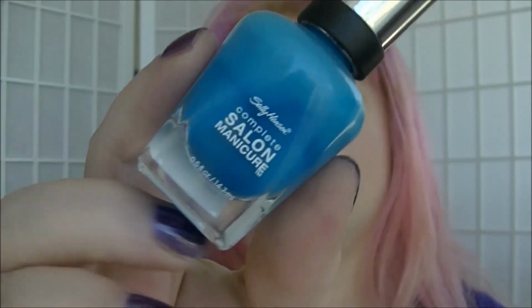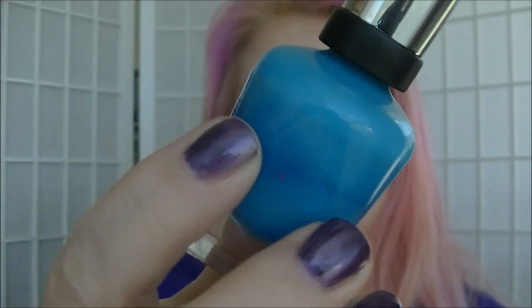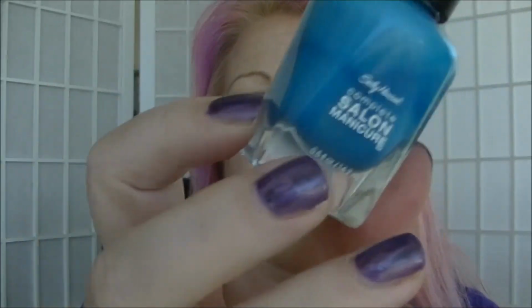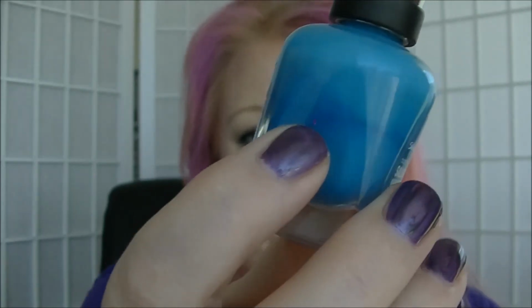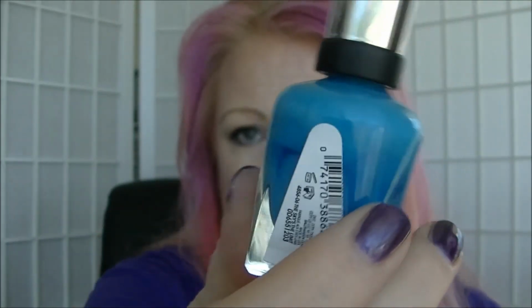So yeah. And the last polish is another Sally Hansen from the Complete Manicure line, and this is the Sky's the Limit. Just a mid to light blue, no shimmer, just a cream. This has been shaken really well, but it's still got that weird line in it, which is a little bit annoying. But it's a nice enough polish. So those are all the polishes that I will be wearing in March, and I will be back at the